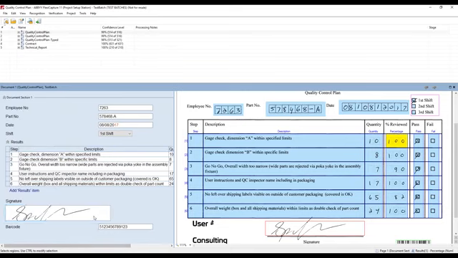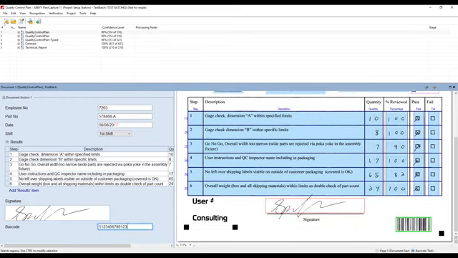Some other fields that we can capture are what we call images. We can detect if a document is signed, which can be a very big deal in the legal world. And then, of course, we have barcodes, which is very, very common as well on documents. And typically those barcodes tell us some intelligent details about either the document or the version of the document that we will use downstream in some of our systems. So that's an example of a quality control plan.